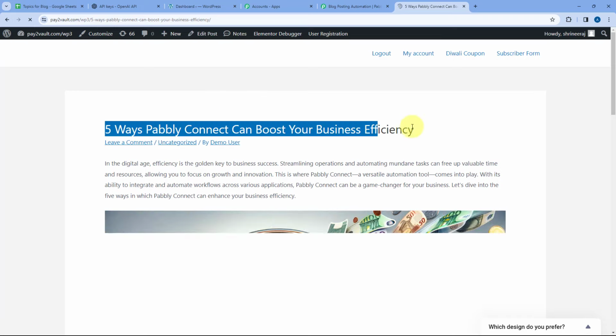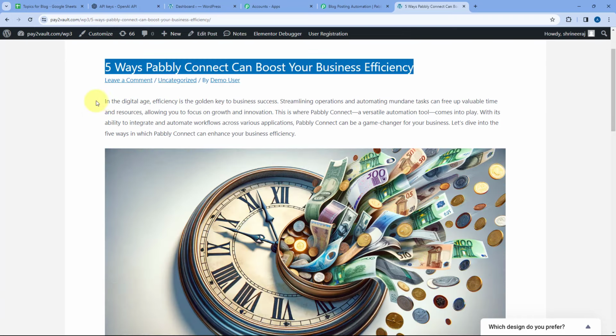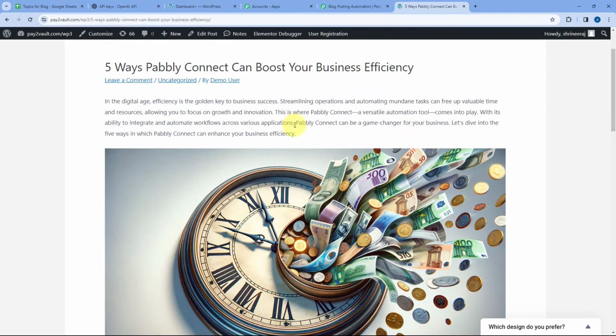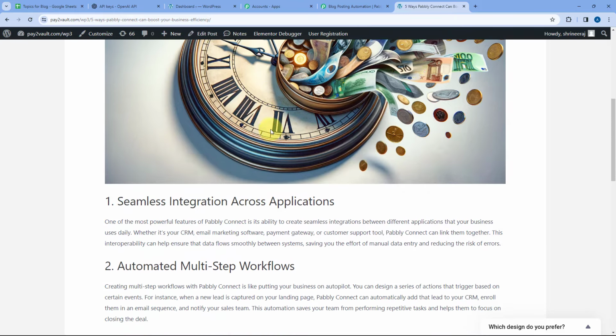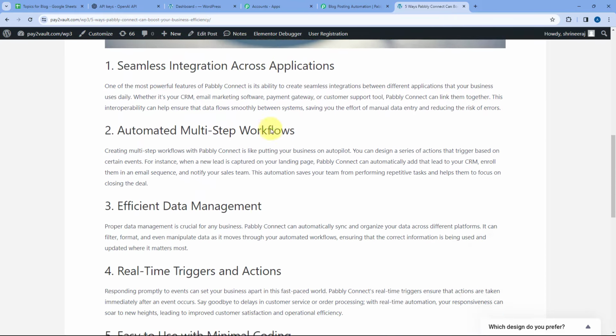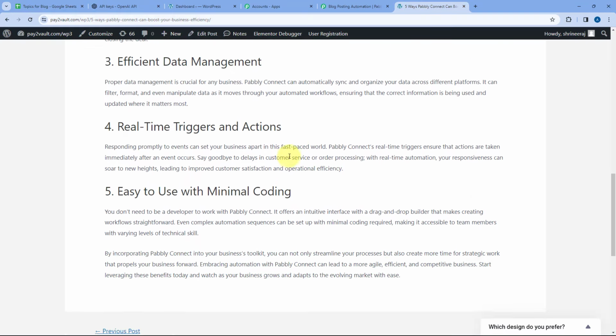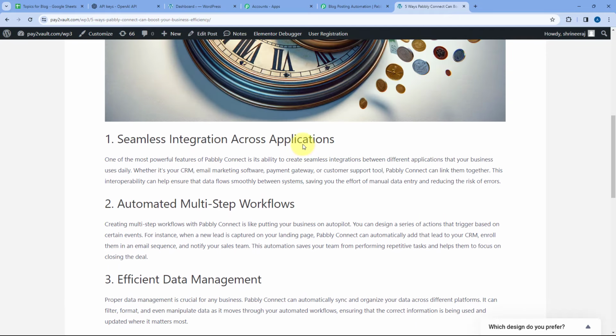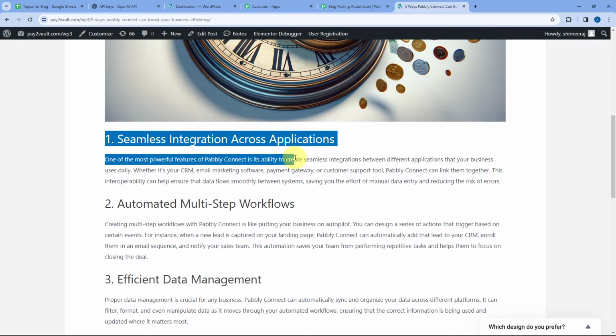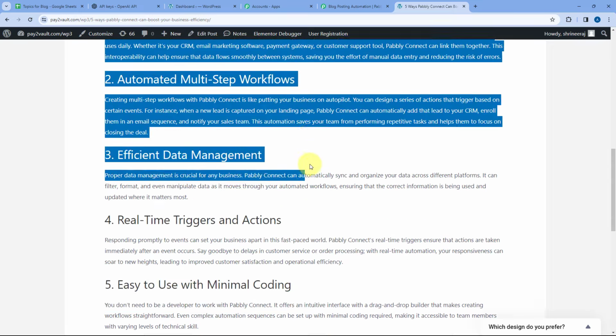And here we have it. We have the same title from Google Sheet and we have the same content generated by OpenAI with the image for the blog which we have entered on the same topic which we have entered in our Google spreadsheet. And here you can see we have a complete blog, and we have mentioned that we want to use HTML tag for the formatting of the blog. That's why AI has used HTML format or HTML tags,